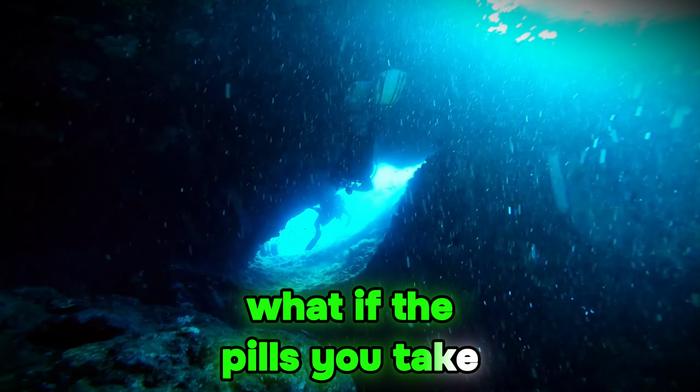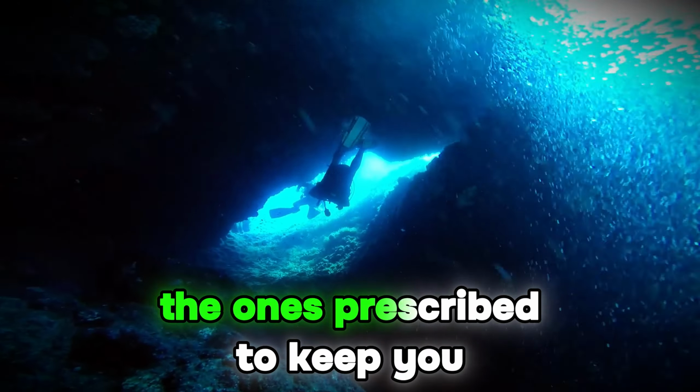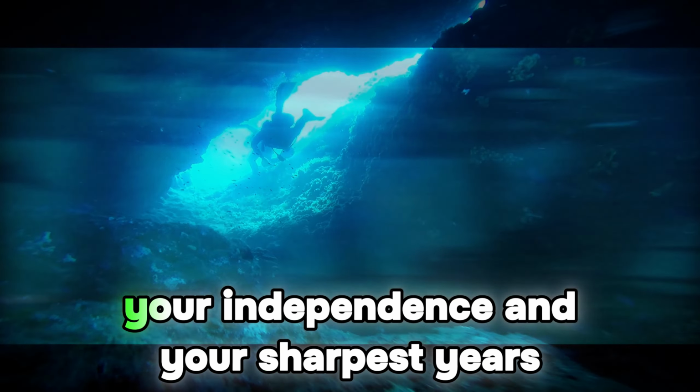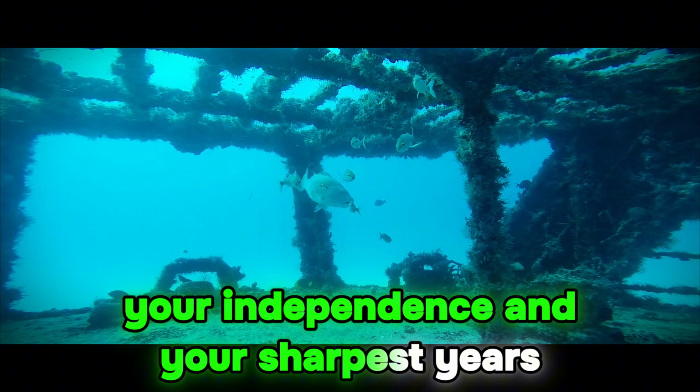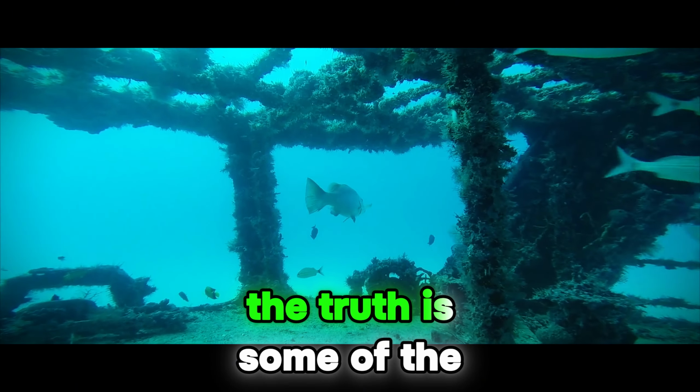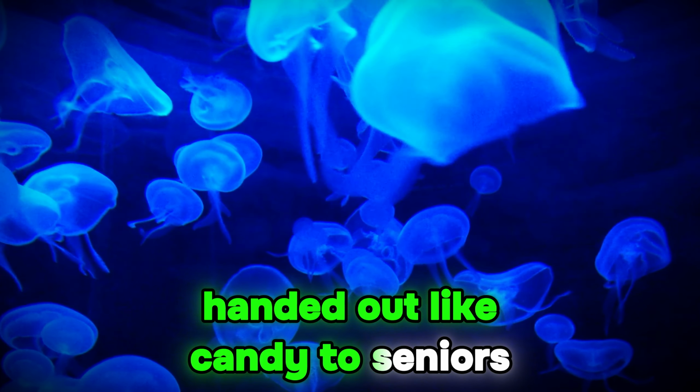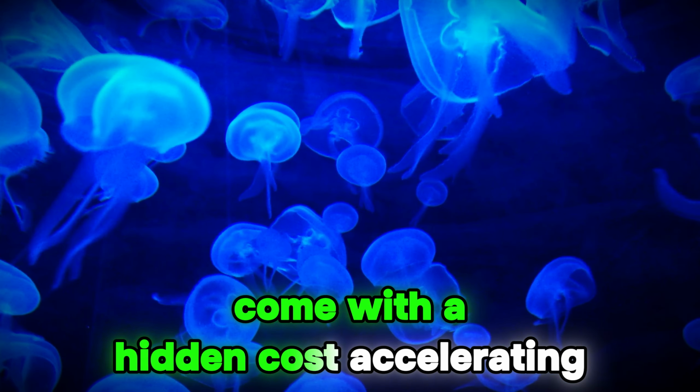What if the pills you take every day, the ones prescribed to keep you healthy, are silently stealing your memories, your independence, and your sharpest years? The truth is, some of the most common medications handed out like candy to seniors come with a hidden cost: